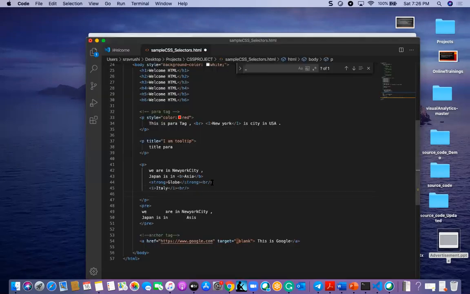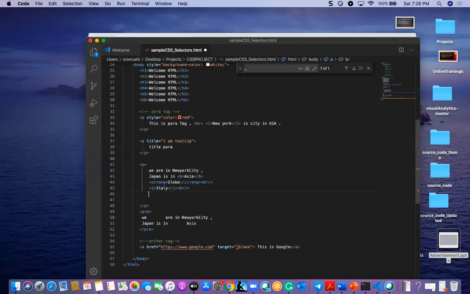And I want to make some text emphasized. I just want to make some particular text into an emphasized manner. To do that, em is the tag to emphasize a particular text.